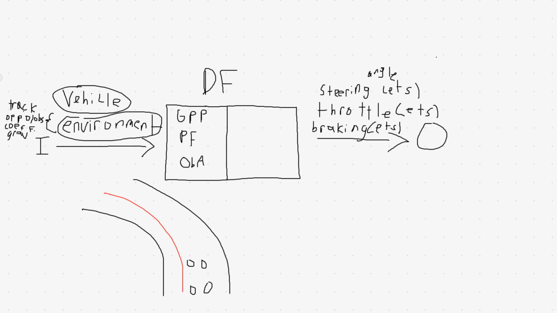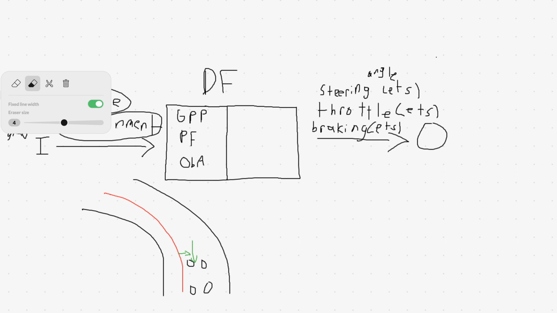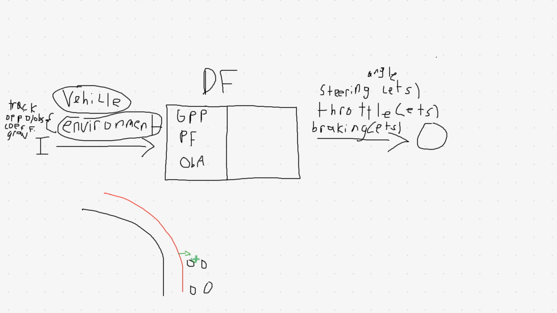There are a couple of different types of path following algorithms. I'm going to explain the general idea for it, and then I'm going to get a little more specific with the type of algorithm that we use. But basically, how a path following algorithm generally works is, you can see that this car right here is off the track to the left. That is indisputably what's going on here. So using some type of algorithm, the job of the path follower is to notice